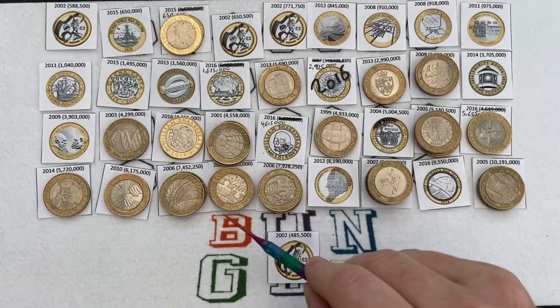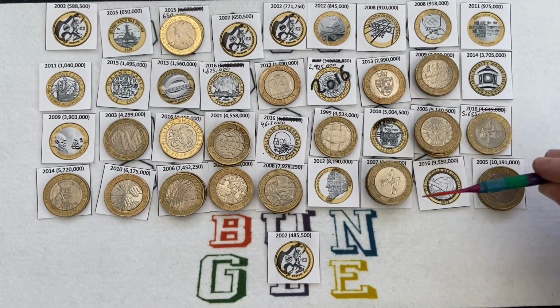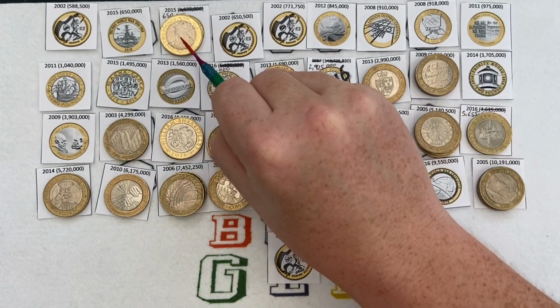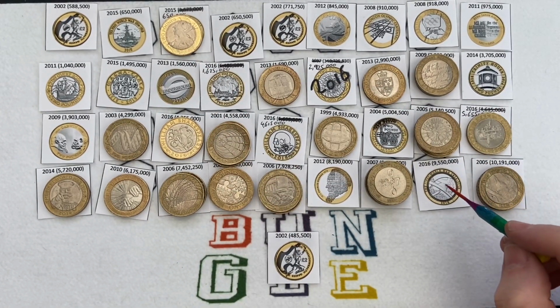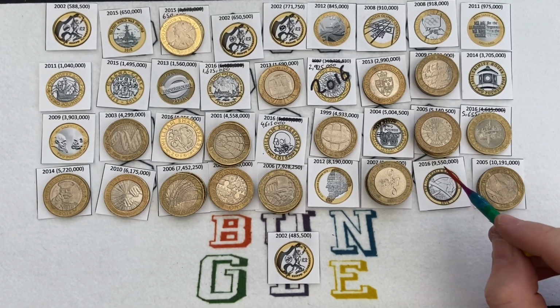So we've got, there's certainly more on the bottom row and the second row than anywhere else. We've only got one low mintage one, and that's the Britannia. This is a bit of an anomaly. We don't find many Tron helmets, do we? No. So I either think that mintage figure of